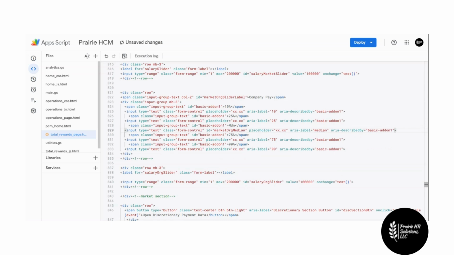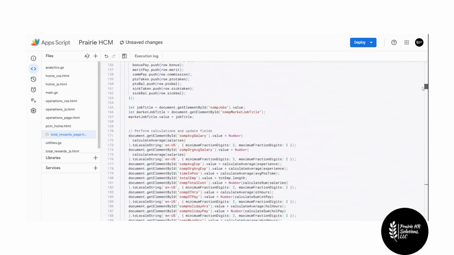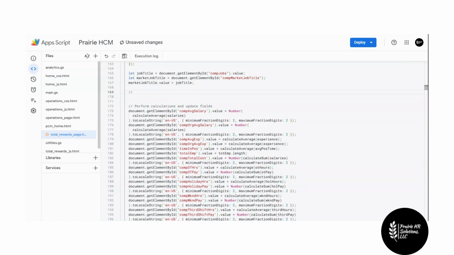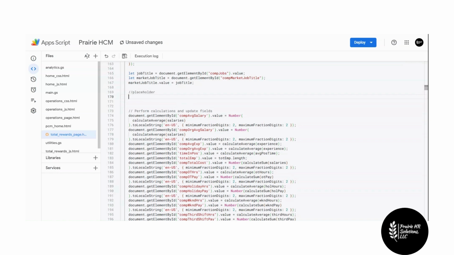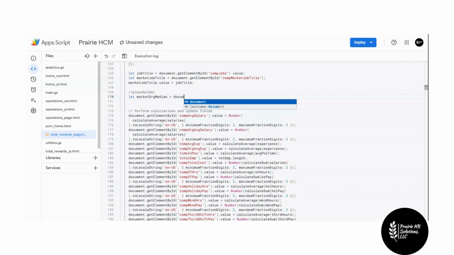That will be our ID. So we can copy this and then we'll come up here. And since we're not really calculating anything, we'll just say this is a placeholder because we'll be removing this. So let's grab a variable and call it market org median. And that market org median is going to be equal to that ID after we get it. So get element by ID,